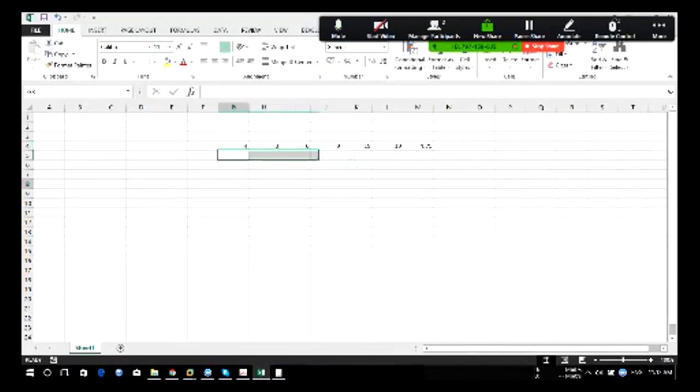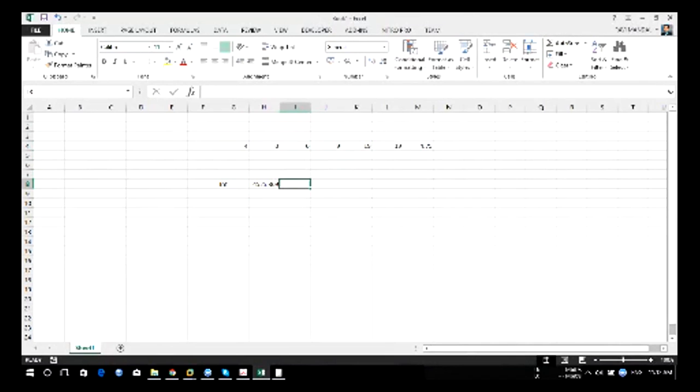Truncation is nothing but we use the int function, int, to extract the integer value from your decimal. Let's say we have a value like this, and if I want to extract it, I can use int on this, so I'll get only the integer value. I'm just explaining in Excel; the same will work over there also.